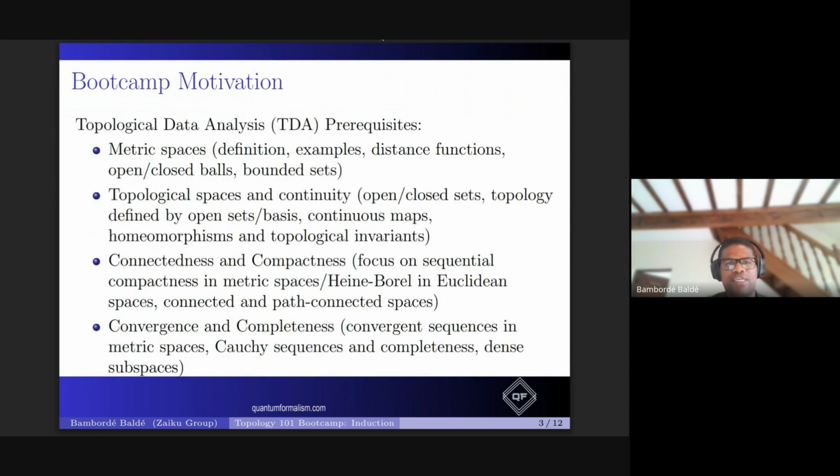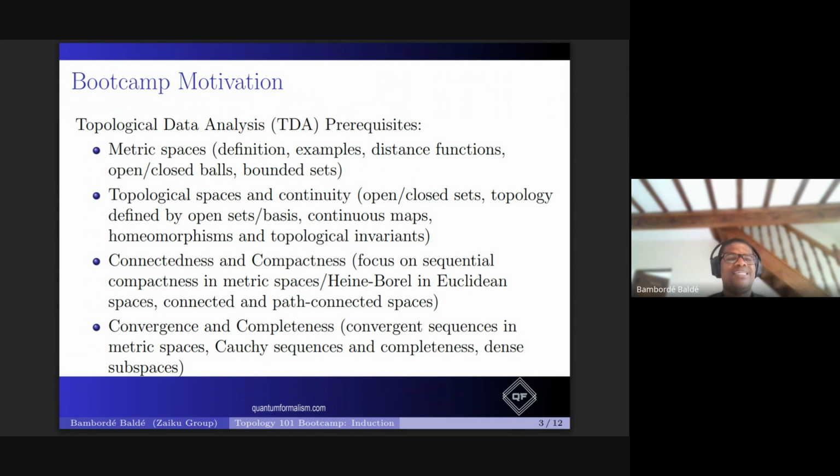So the main motivation for this bootcamp is the upcoming course on topological data analysis. And this course, from a topological point of view, will require you to ideally understand these key topological concepts. If you don't, then I won't say it's impossible, but it will make it very hard for you to audit the topological data analysis course.